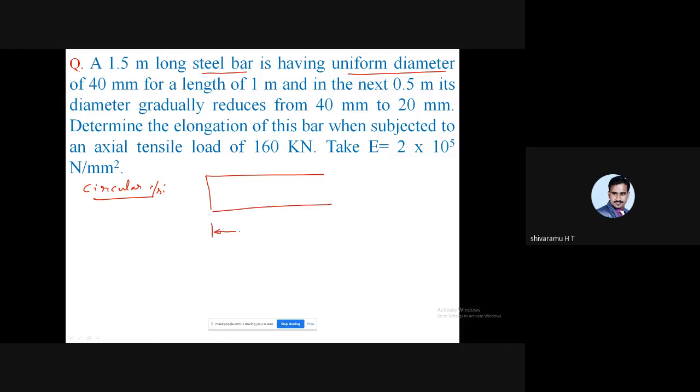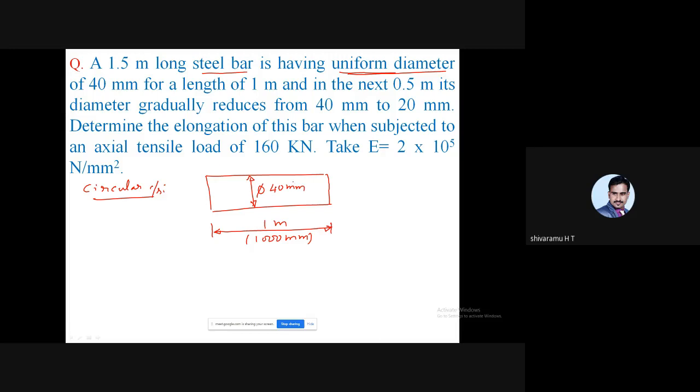So the total length is 1.5 meter, but for a length of 1 meter or 1000 millimeter, up to 1000 millimeter or 1 meter, its diameter is uniform, the diameter is the same. So diameter phi will be equal to